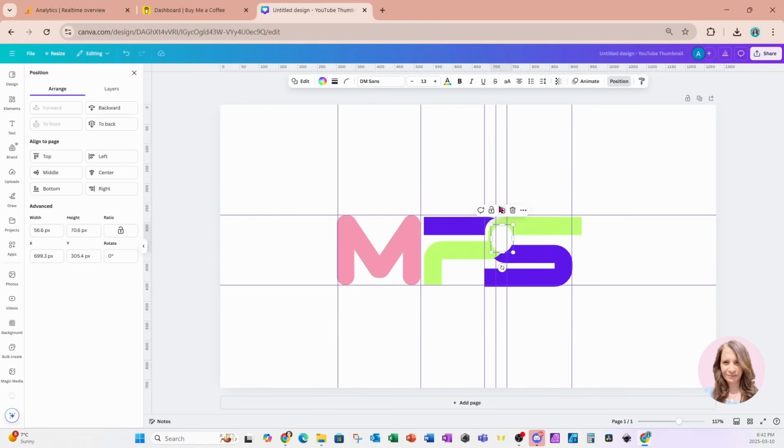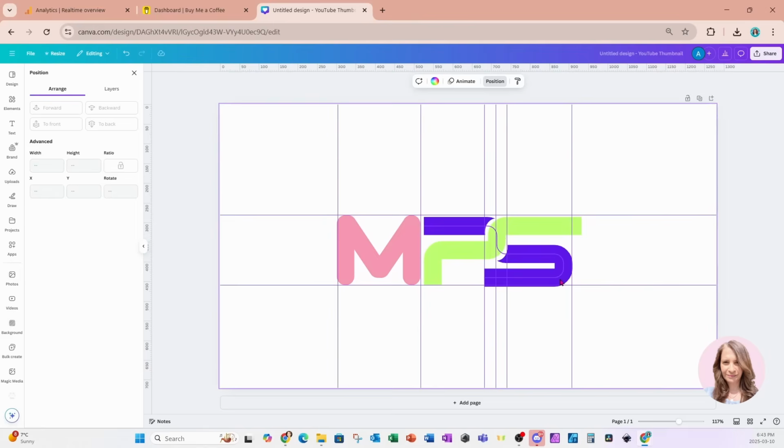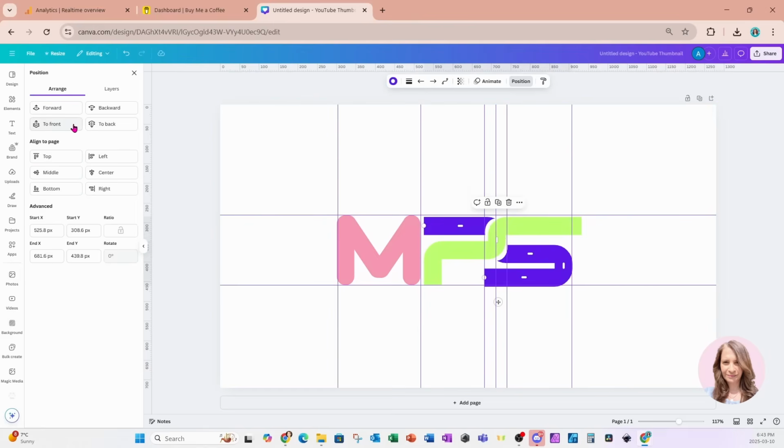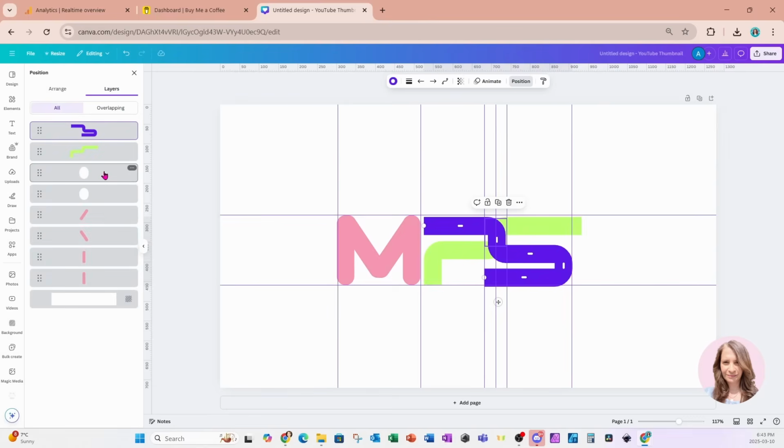And I'll grab another one. And for this one, I'm going to position it down in the bottom just to give a break between the purple and the green shape. And again, I'm going to send that to the back, behind the green line, but in front of the purple line. Now I'm going to bring this purple line to the front. And I'm actually going to bring the white circles in front of the green line,